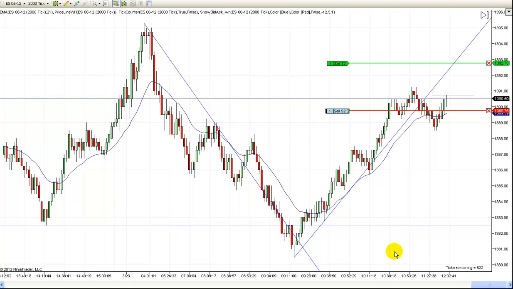But we'll continue to... we're only into this trade about 12 minutes, so we'll continue to let it go so I can show you how I would manage this. And I may be a little aggressive